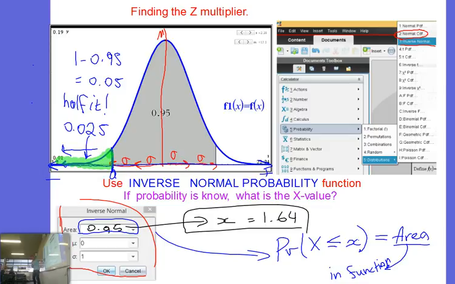That's the area of this little shaded region that corresponds to all these x numbers on this scale here. That is less than some value. That's what this is saying, and that's what's been programmed into this inverse normal function on your CAS. So try it again. What do we get if we put the 0.025